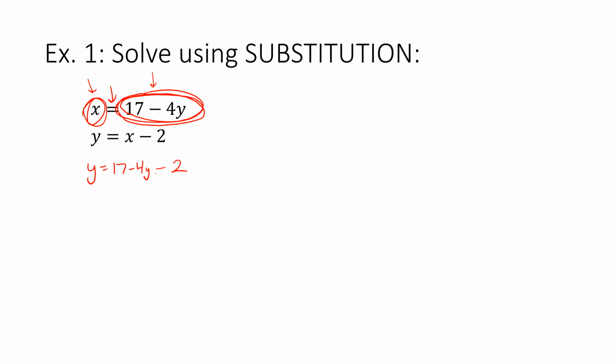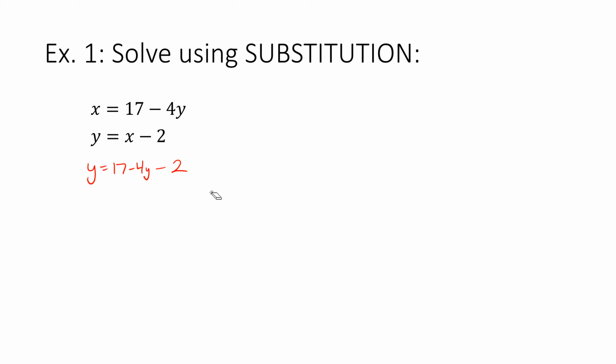Now, why is this a helpful thing to do? As it turns out, you can't really solve an equation with two variables, right? Like if I'm trying to solve this for x, I can't get an actual answer. Or if I'm trying to solve for y, I can't get an actual numerical answer because there are two variables. But by making this substitution step, now I have an equation with just one variable, y, and I can find